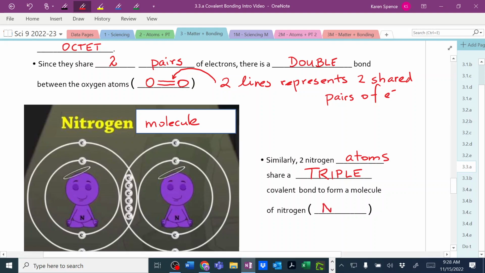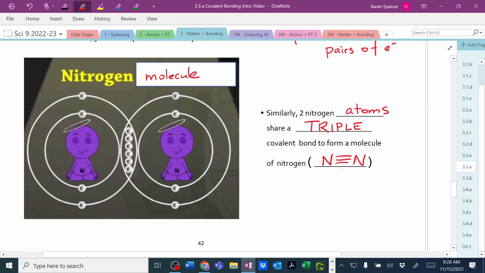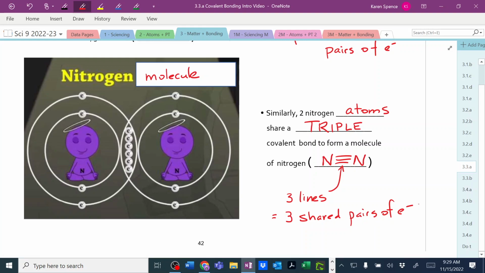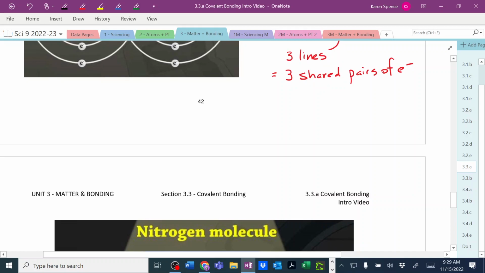And how would we represent it? 3 lines. And that's 3 shared pairs of electrons. Okay. And you guys now have enough information to spend a few minutes